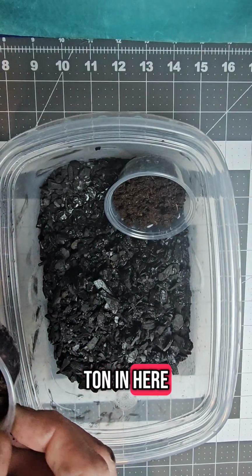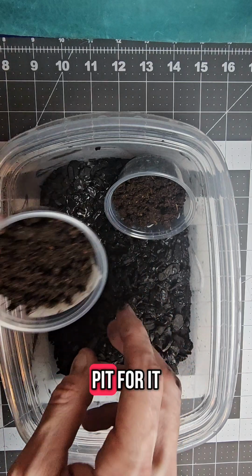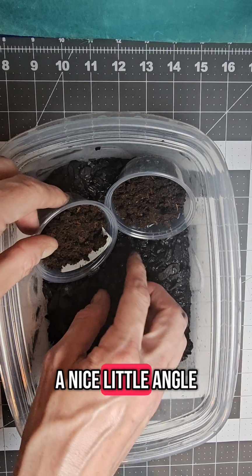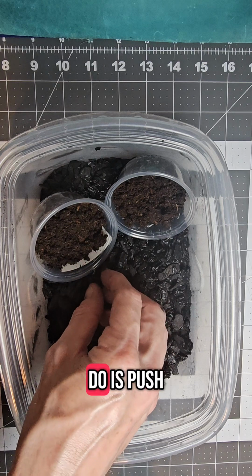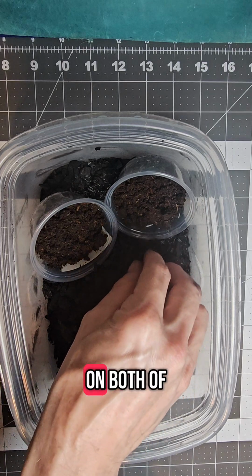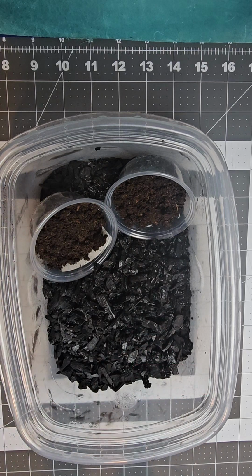There's not a ton in here, but there will be a ton eventually. So once again, make a little pit for it to sit, and put it at a nice little angle. And then what I like to do is push up the charcoal up against that lip, on both of them, of course. Give them a little easy entrance. Clean the fingers off,